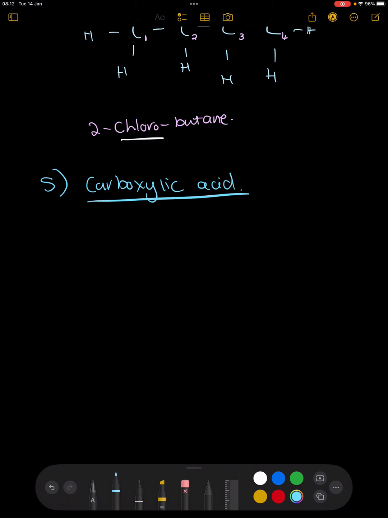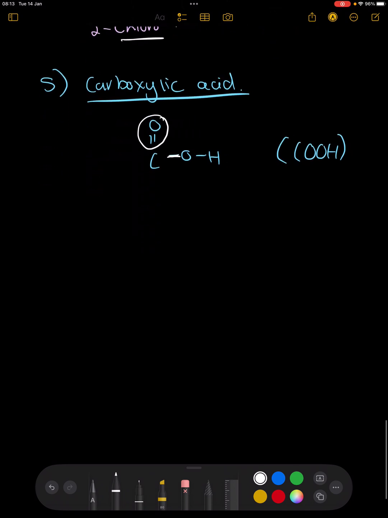And your carboxylic acid has, we call it a COOH. So it is a carbon bonded with 2 oxygens and a hydrogen. What's really important is that the oxygen at the top is double bonded, and then that you have an OH at the back. Now, what's really, really important with the carboxylic acid and what makes it different to an ester, which we're going to talk about now, is the fact that it goes